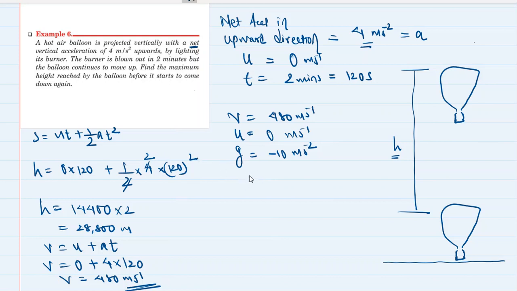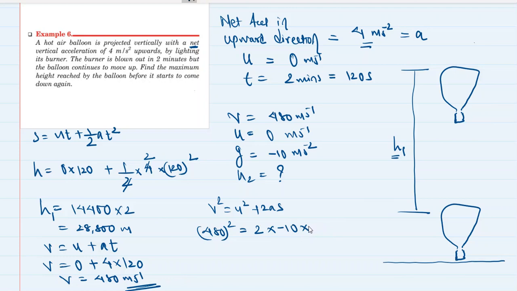So we'll find h2, I will call it h2, because all these things I am finding are after this height h. So I take this as h1, and after this height whatever height it reaches, that is your h2. So again v square is equal to u square plus 2as, and v square is 480 the whole square, is equal to u square 0, and this will become 2 into minus 10 multiplied by s, that is we don't know.